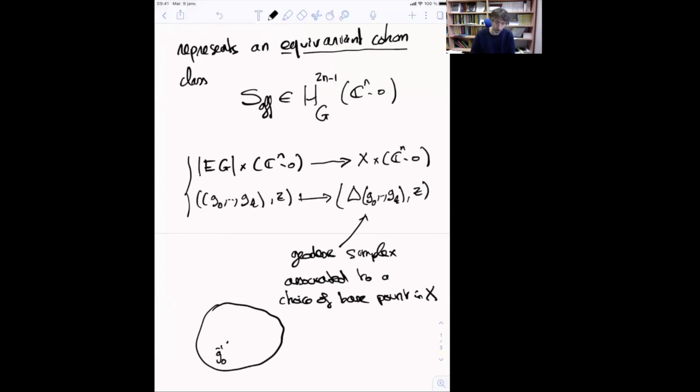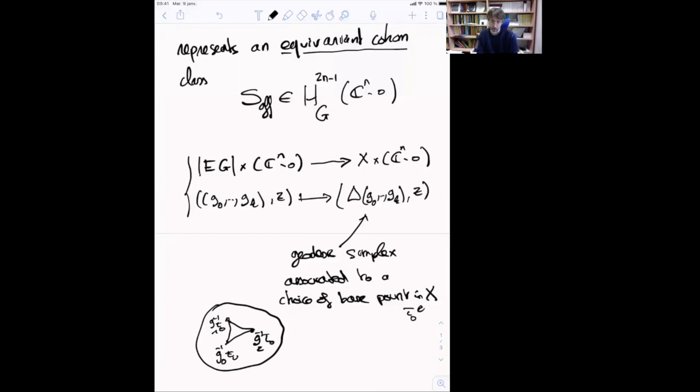Remember that G acts on the right on the simplicial set. So I take a base point that I will denote, let's say, T0, and I move these, and I take a geodesic simplex etc. in the symmetric space, and it preserves the gluing map